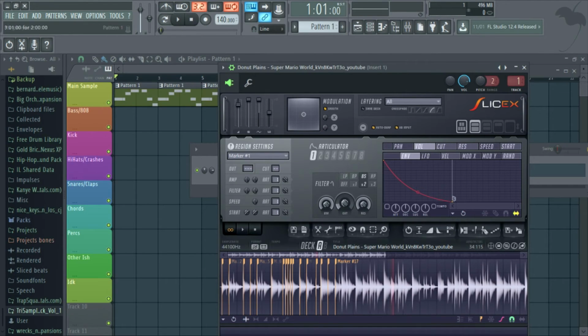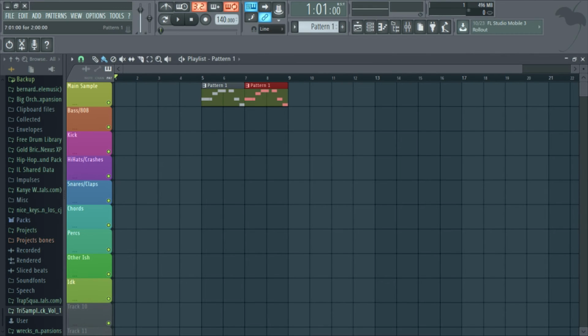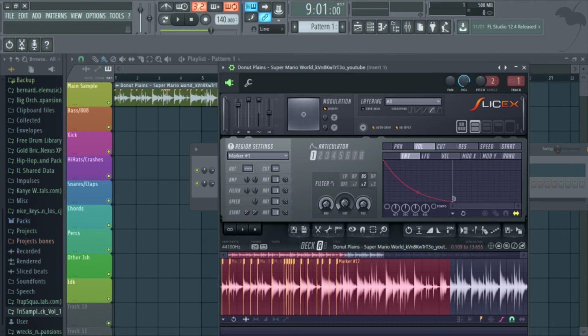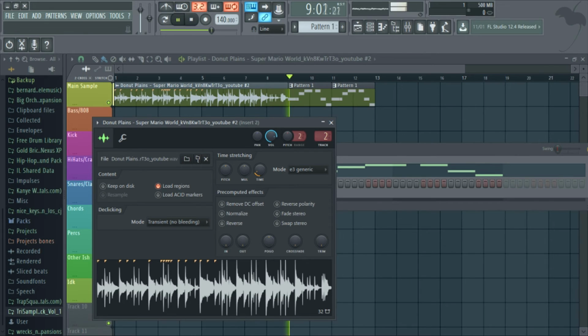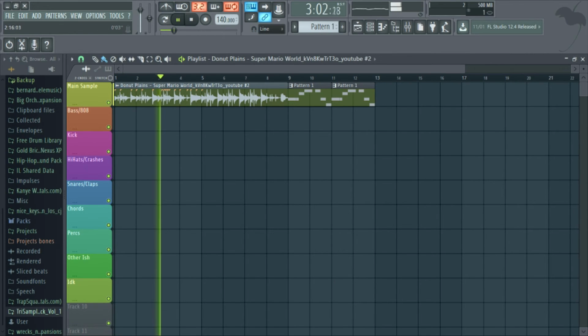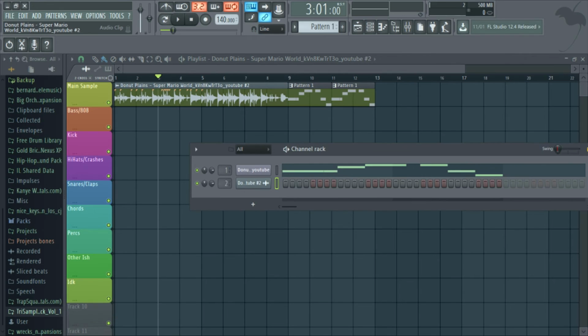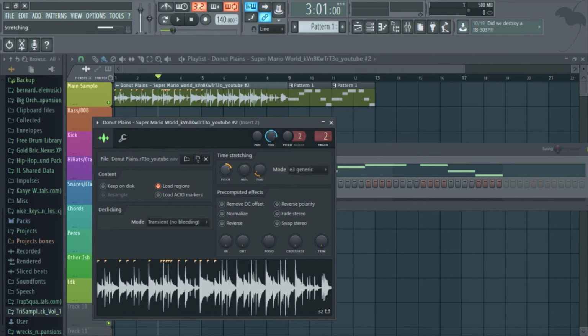Now usually I like to have a little intro before I jump into the actual beat. So let's grab a part of the song. The only thing I dislike about xXSpirit is when you want to change the pitch of something. Like say I want to make, for instance, you see how this sounds, let's start right here. Sounds like this. Let's say I want to pitch it up, and I want it to sound with a higher pitch, and I want to switch up the pitch, what I'm talking about. If I do that, you don't have this